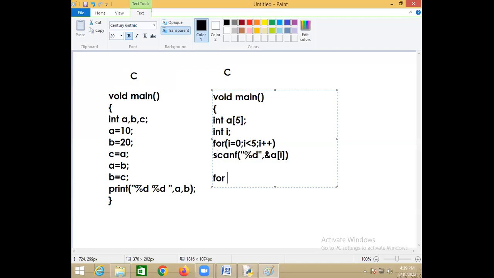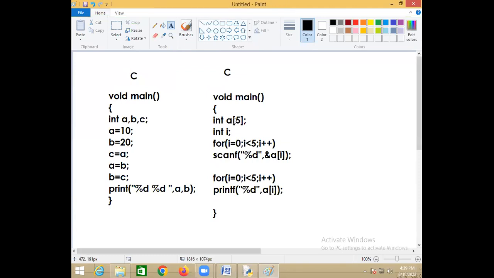After that, you print it, because in an array every element is identified with an index. You write printf percentage D, A of I. You have to terminate with a semicolon. If you don't, again it gives an error.